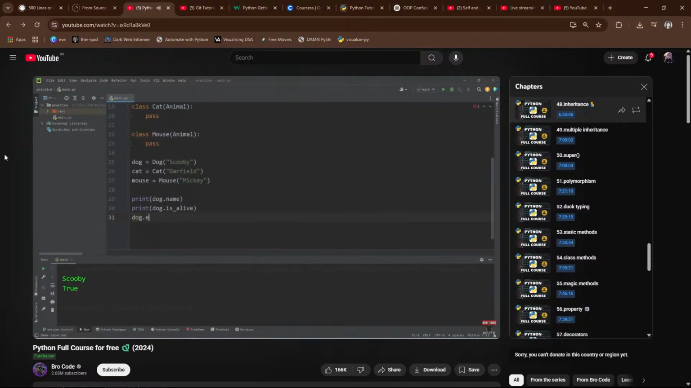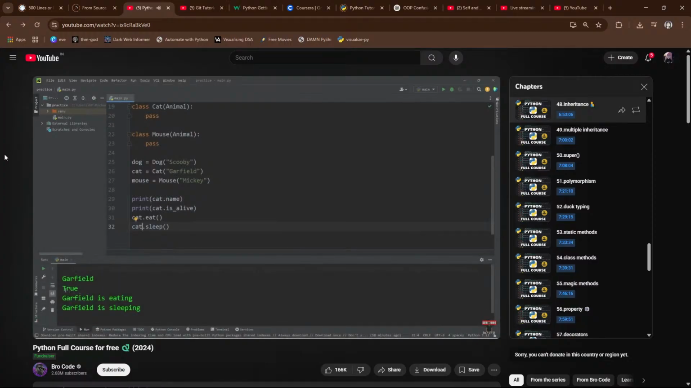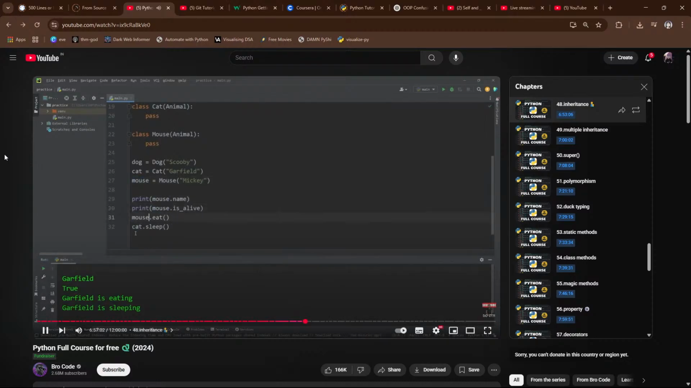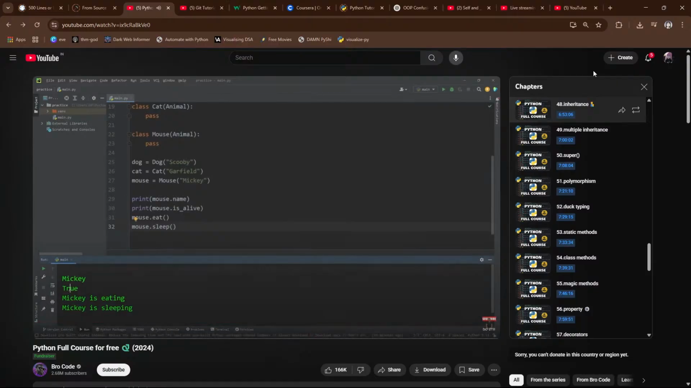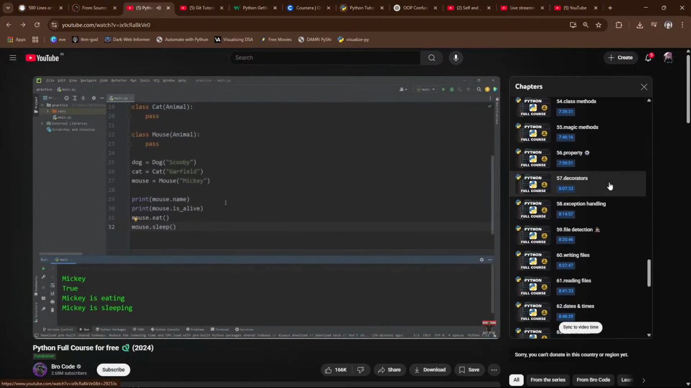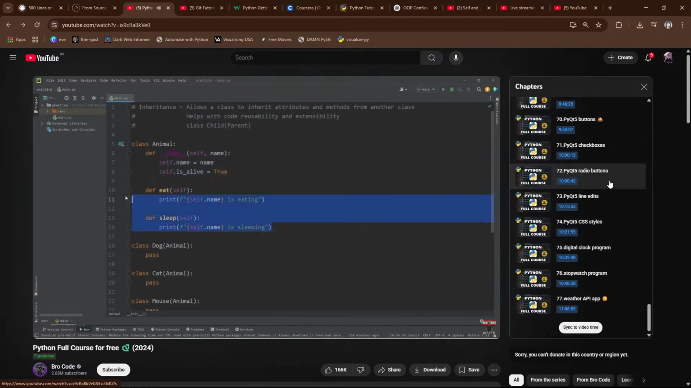Let's have our dog object use the eat method. Scooby is eating. And sleep. Dog.sleep. Scooby is sleeping. Let's replace dog with cat. The name of the cat is Garfield. Garfield is alive. Garfield is eating. Garfield is sleeping. And mouse. Replace any instance of cat with mouse. Our mouse's name is Mickey. Mickey is alive. Mickey is eating. Mickey is sleeping. Even though these children classes are empty, we're still inheriting these attributes and methods from its parent,